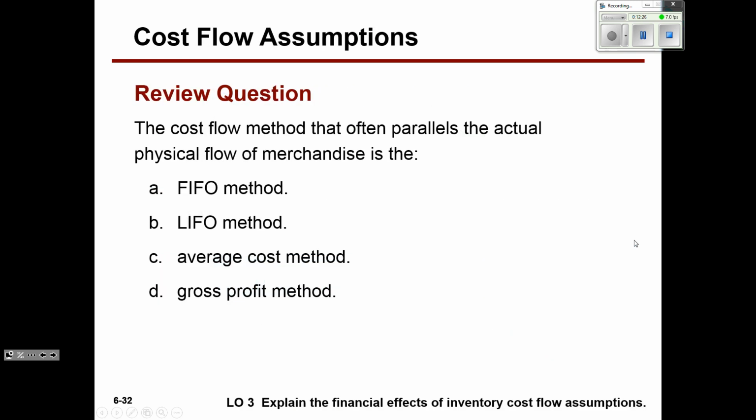Here's a little quiz question before we get into the end of chapter stuff. What's the